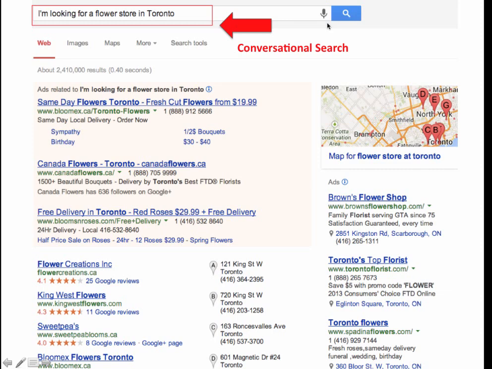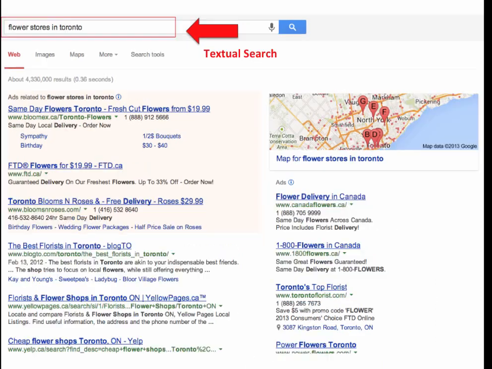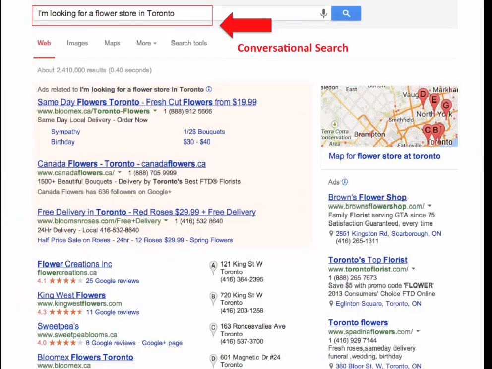It's important to factor in conversational searches when monitoring keywords to see how you're ranking. For some topics, the results may be very similar, but as you can see between these two, one doesn't have local listings, the other one does. So Google's smartening up in how they display the results and understanding what you're searching for.